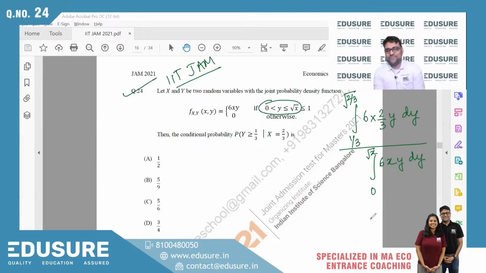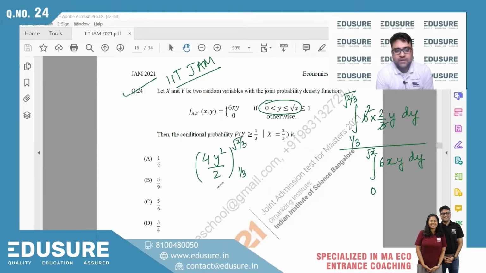ठीक है, ये करूंगा. Okay, so this is what we need to do. तो यहां से ये दिख जाता है 2 4y. 4y will become 4 into y square by 2, integration 1 by 3 root over 2 by 3 divided by 6x y square by 2. 6x into y square by 2 will be